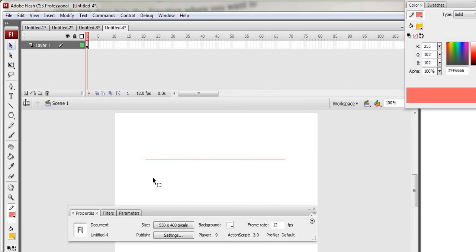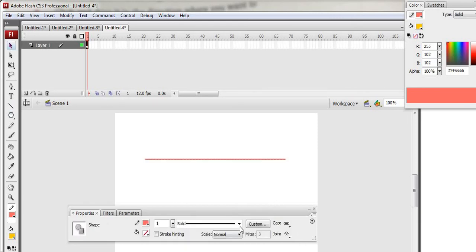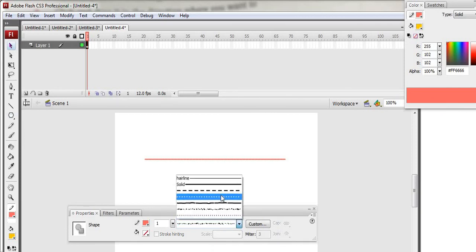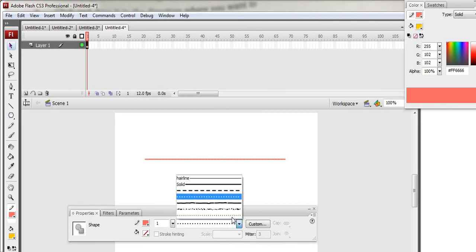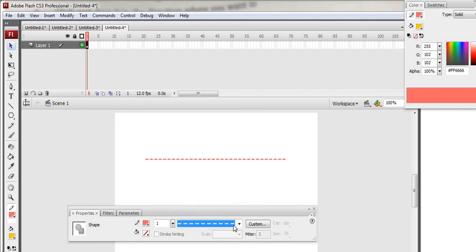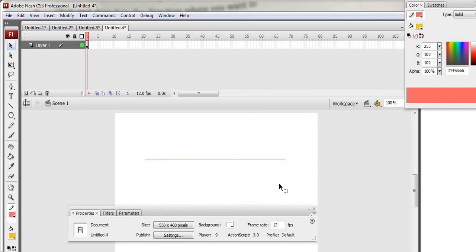Suppose I want to change the effect of this line, so I will select this, and after selecting, from there I can change the effect of this line. Or a dotted line, I want to make it a dotted line like this, then I can make it, right? See, it's very light. I will select it, and again I am changing it like this or like this. Okay, so it depends upon me how I want to have it.